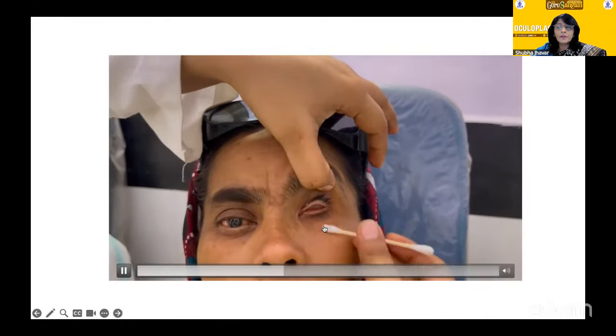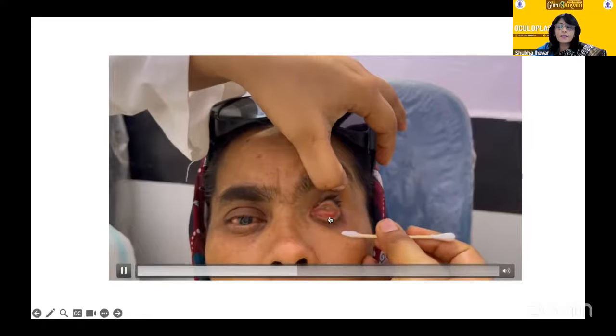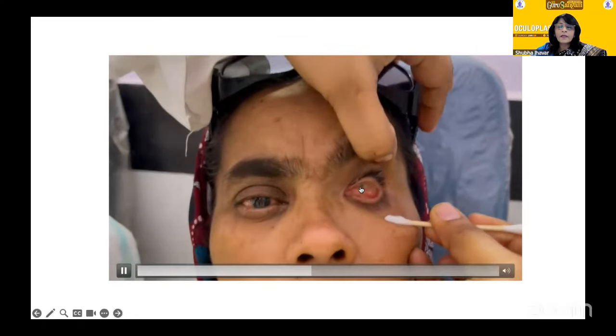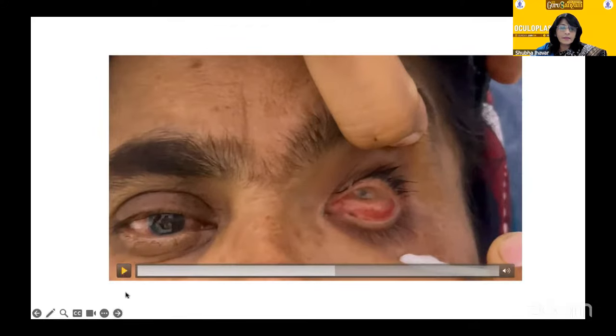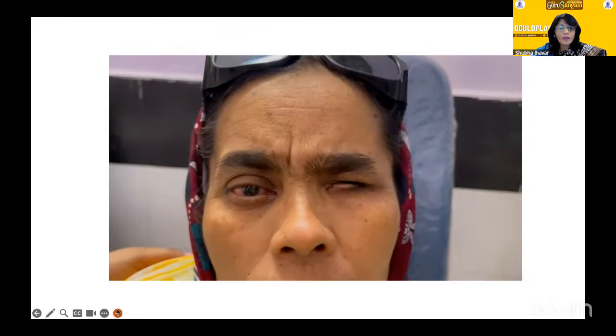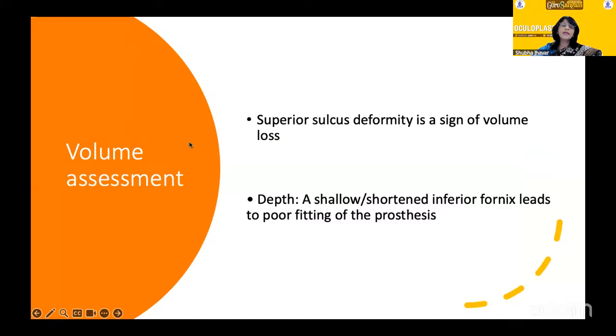And the upper fornix is also deficient. All the fornices are deficient. And you can see a rudimentary eyeball inside here, right? So next we go on to the volume assessment, where superior sulcus deformity is seen, which is a sign of